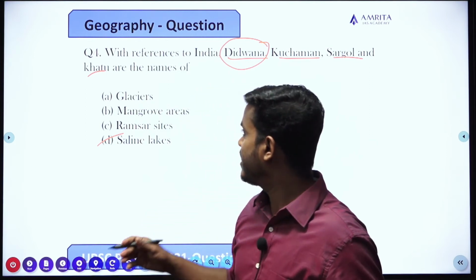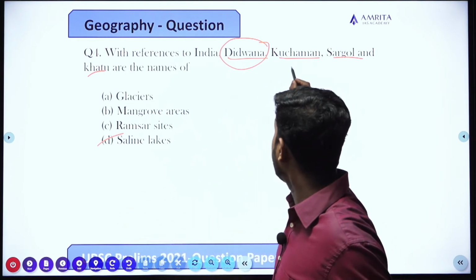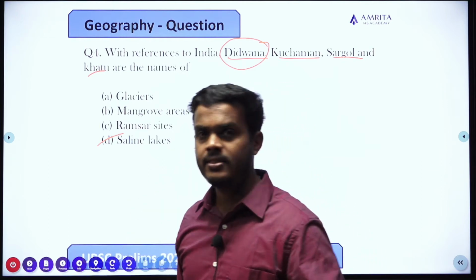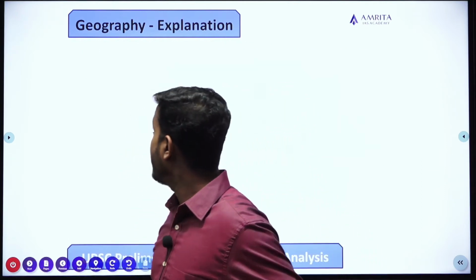Okay, so there is no concept to explain it, that these are the local names of saline water lakes. So here the answer is D. Now,